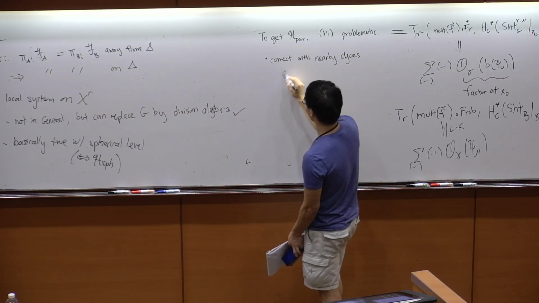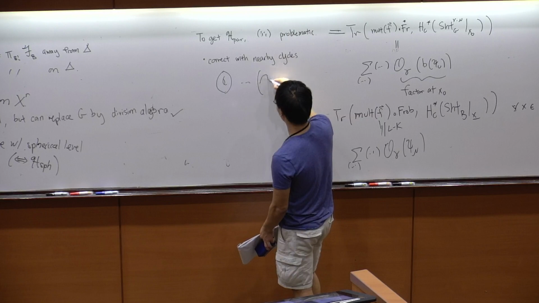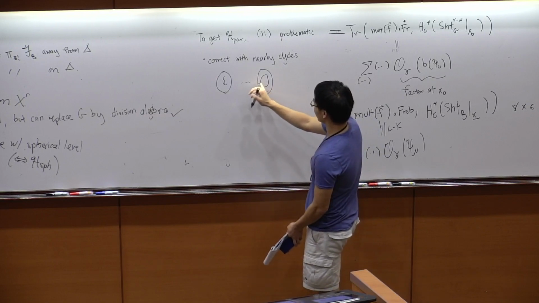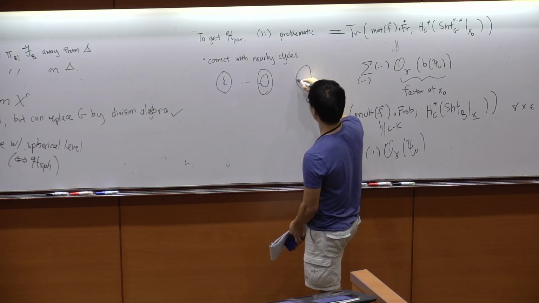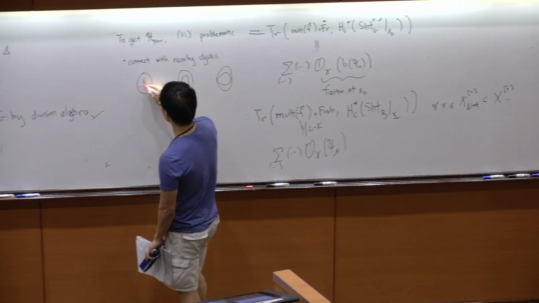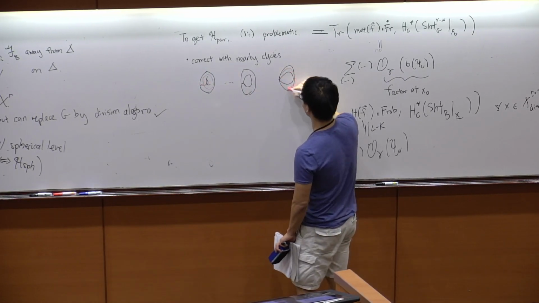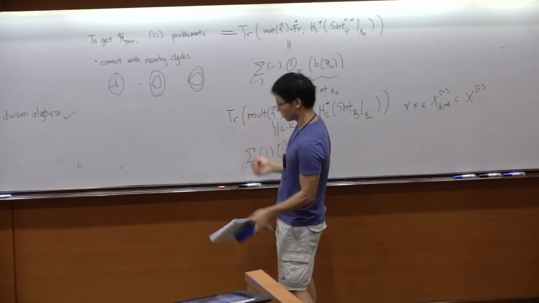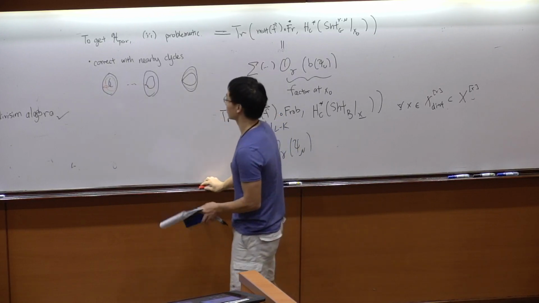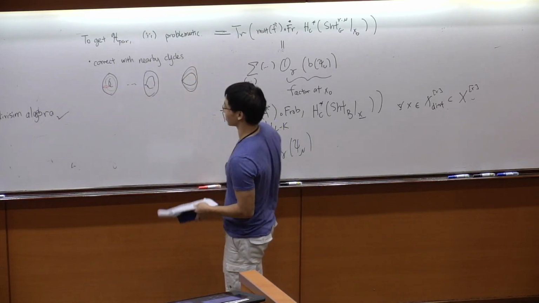And maybe the picture to have in mind is that you have a family of curves, but you kind of pinch, let's say like this, you kind of pinch this loop, and in a special fiber, it gets pinched all the way. And what goes wrong is that the cohomology in degree 1 used to be two-dimensional, with these two loops, but in the limit, one of those loops is contracted, and you can see it's not constant. I mean, it drops in the limit. And therefore, what you need to do is make the sheaf bigger. If you make the sheaf bigger, then when you take cohomology, it'll be the same as it was before.